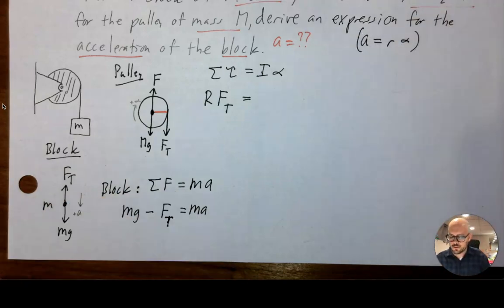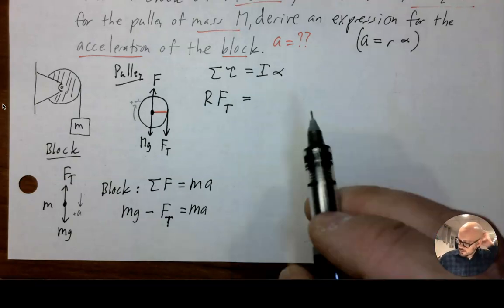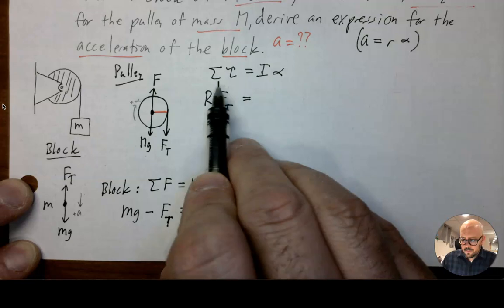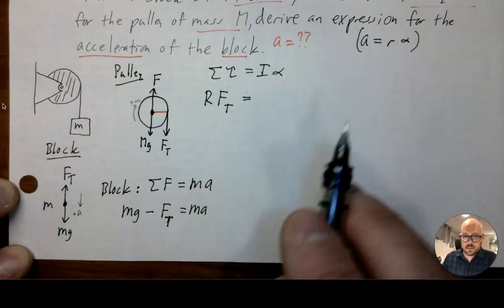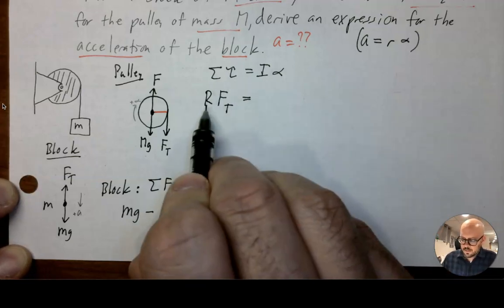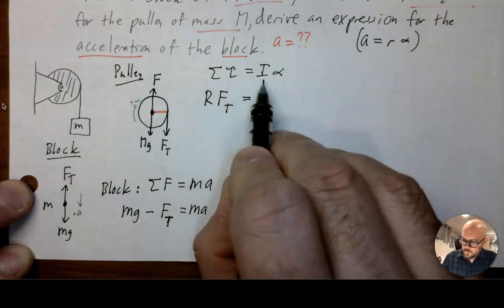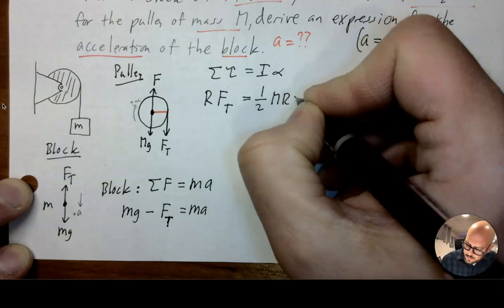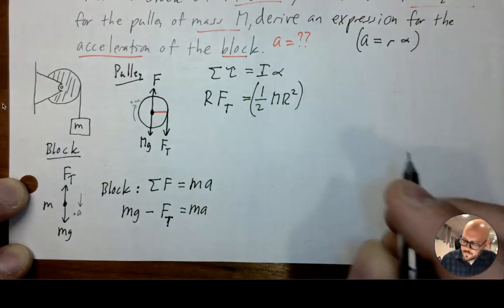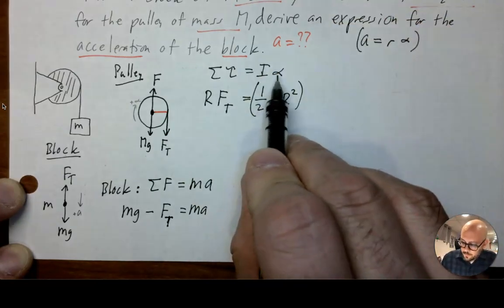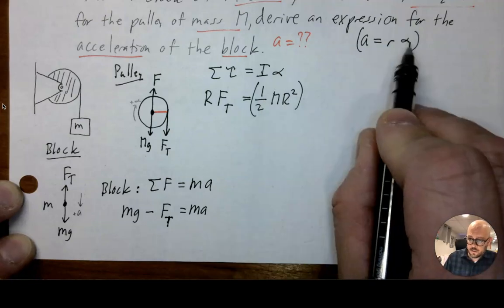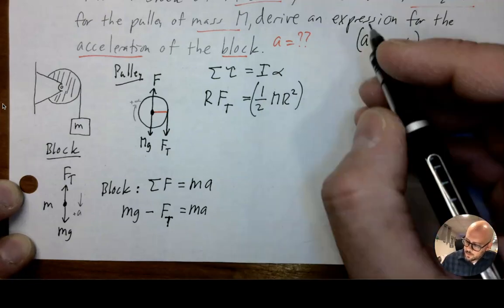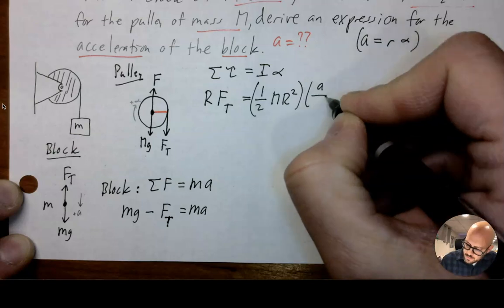So I'm going to use that equation right now in this expression. I perform essentially 3 substitutions in this equation. For net torque, it's r times Ft. For rotational inertia, it's 1/2 mr squared. And then finally for alpha, for angular acceleration, according to this equation, alpha is going to equal linear acceleration divided